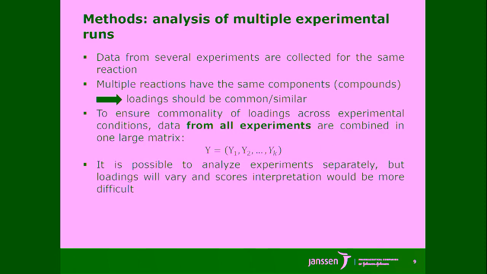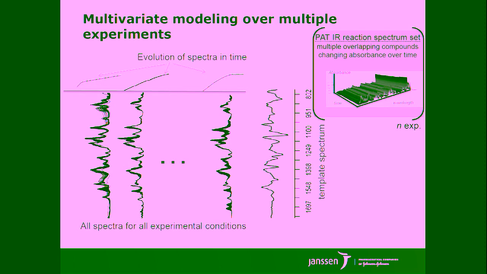How do we go about our work? We combine all the experiments in one matrix. Multiple reactions will have the same components, the same compounds. You are looking at the same chemical reaction. It would be possible to analyze them separately, but then the loadings would vary and the score interpretation would get really difficult. We have shown this visually in the next slide, where you can see that we are combining many